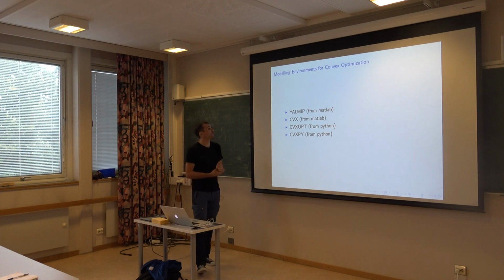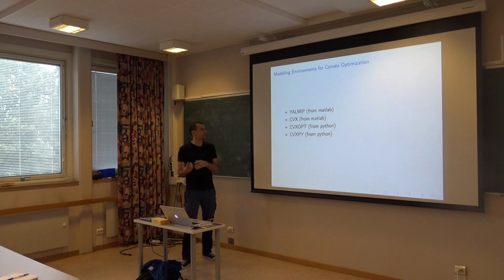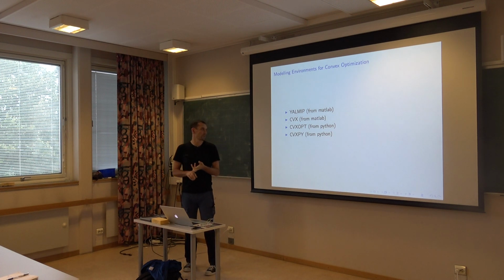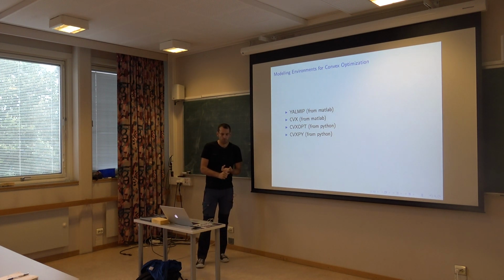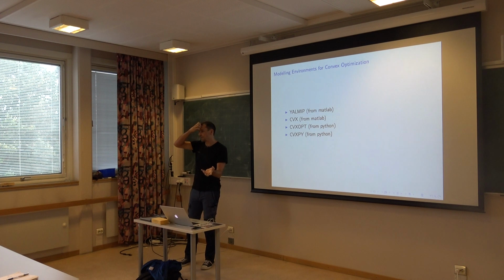Yeah, and you also have a bunch of modeling environments. So it's not so much about the machinery in the computer for solving the problem as about writing down your problem, the cost function and constraints. What people have observed is that it's difficult to design a code that will spot that your problem is convex regardless of how you write it. Say you write your problem in a very, very clumsy way, and the computer will somehow disentangle that you're actually solving a convex problem but you did not realize. We don't know how to do that.